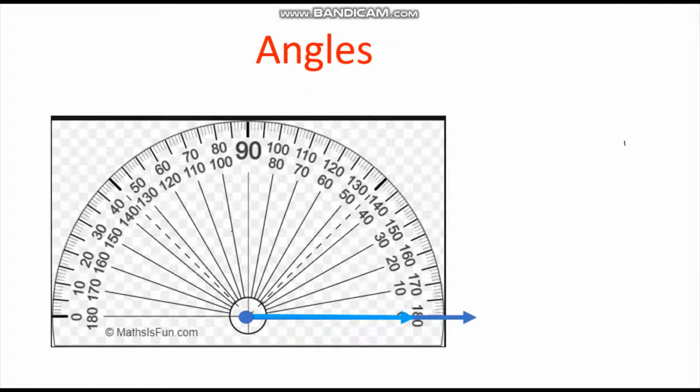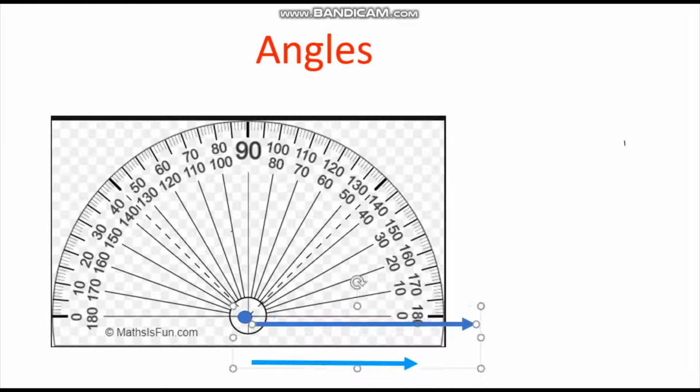Now children, let us see how we can draw an angle, how we can construct an angle. You can see here I have taken a protractor. A protractor is a device which is used either to measure an angle or to construct an angle. Now what you have to do is coincide one of the rays. Let me take out ray OB. See, OB is out. Now we have OA. This ray OA should coincide.